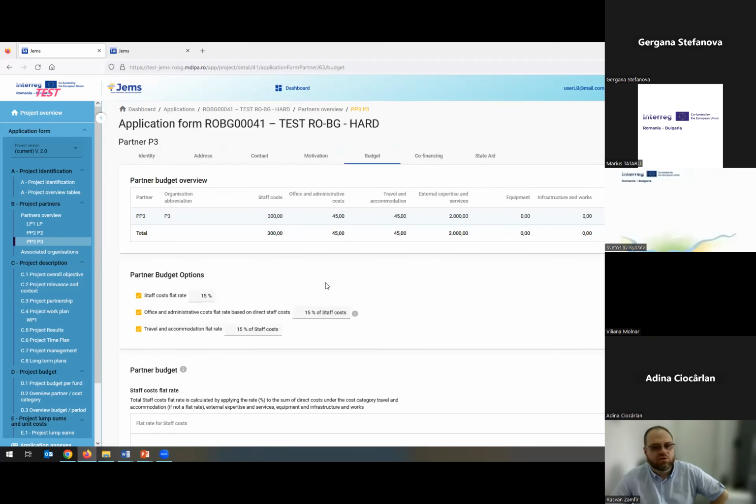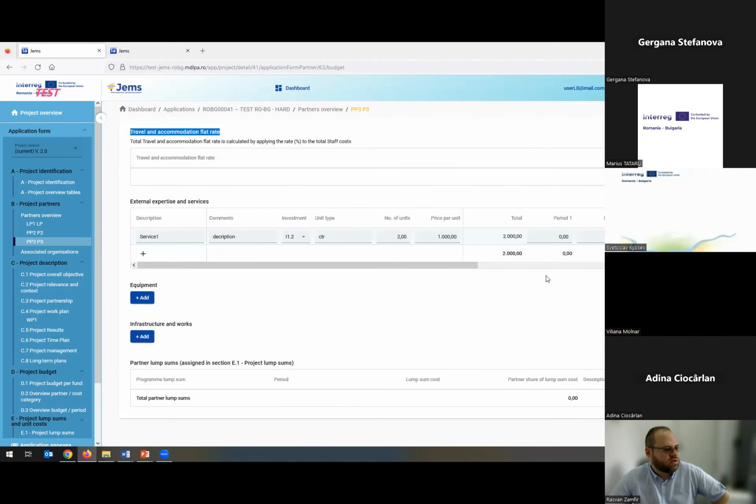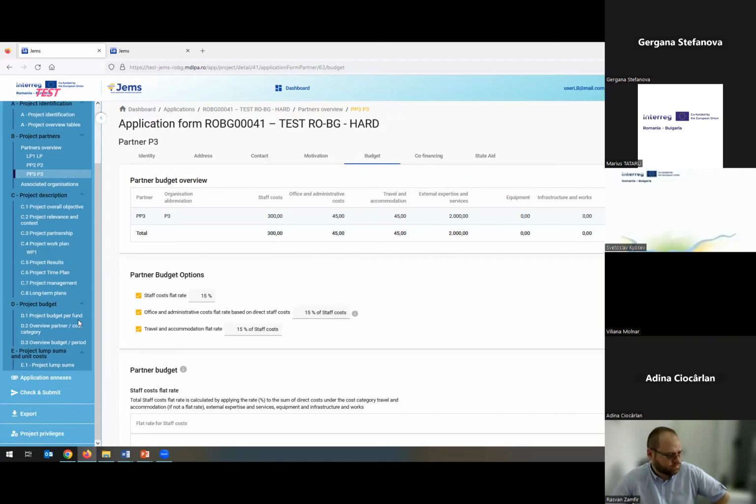And at the top of the screen here, in the budget, I can see a more detailed calculation for each budgetary chapter, the total, and that's all. And here I can also see the lump sums. So the lump sums will not be introduced here in the budget. It's a separate section. It's E1, project lump sums,